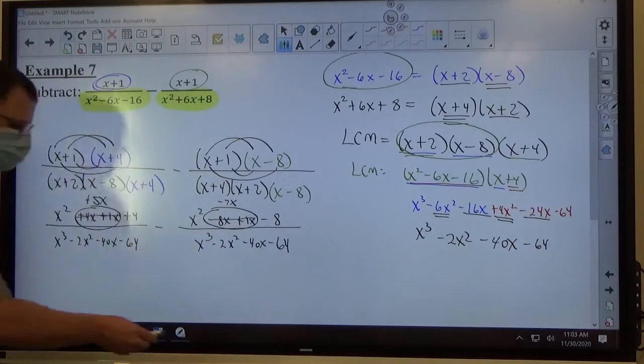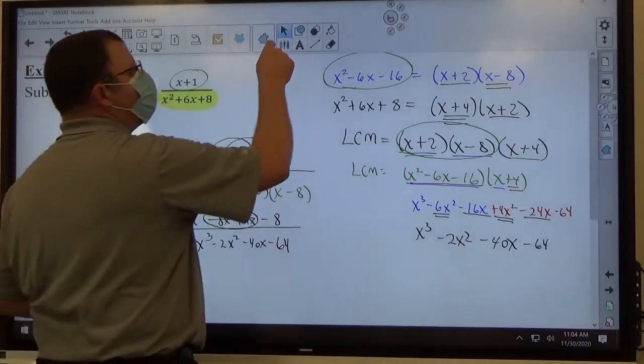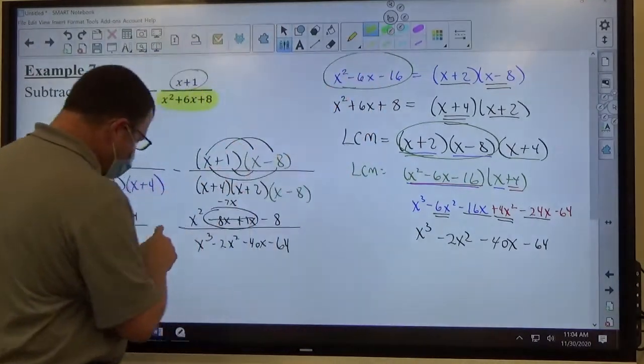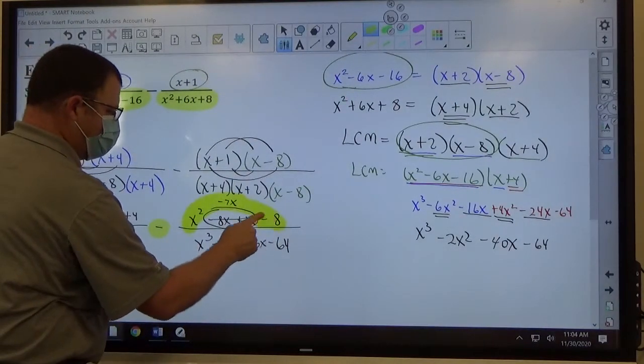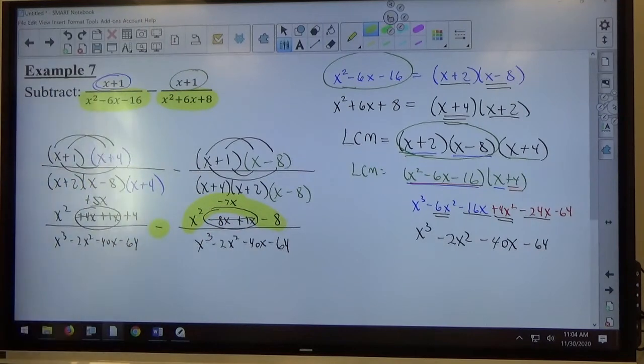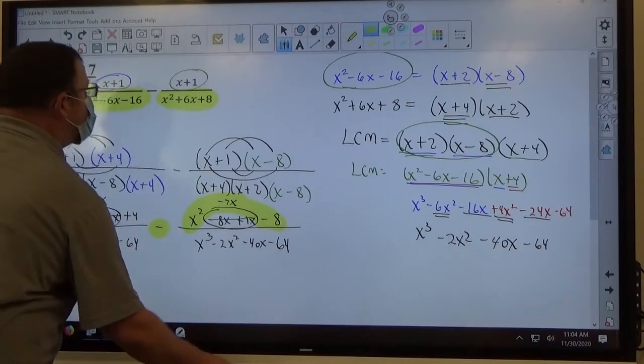Okay. Here's the part that people tend to mess up on if they're not careful with the subtraction problems. I'm subtracting the numerator. I'm not subtracting the first piece of the numerator, I'm subtracting the entire numerator. So I'm subtracting each and every piece. So what I've got going on here,